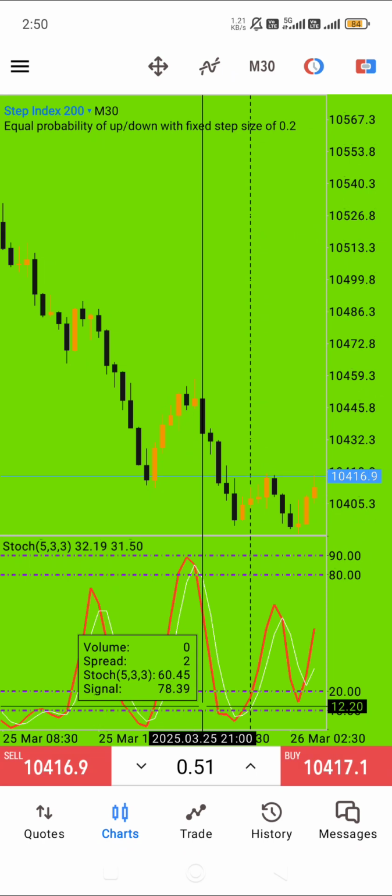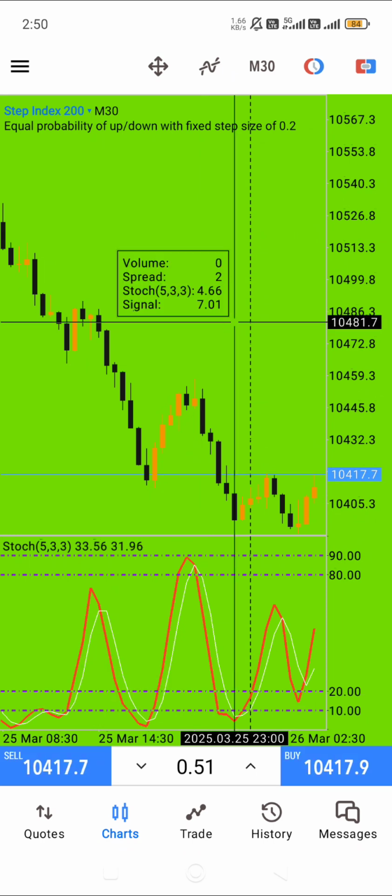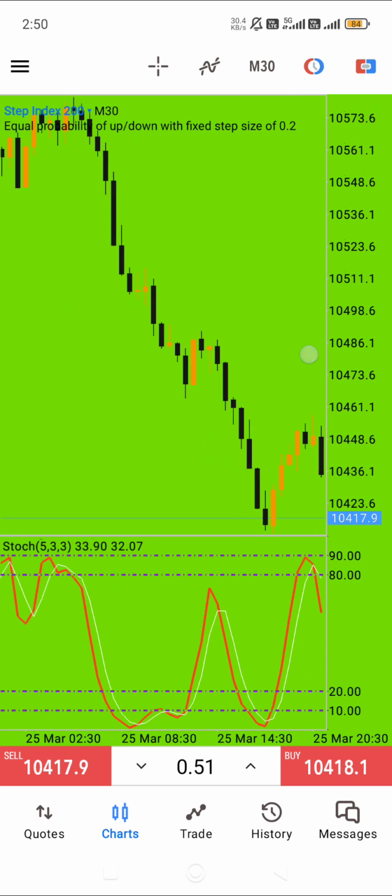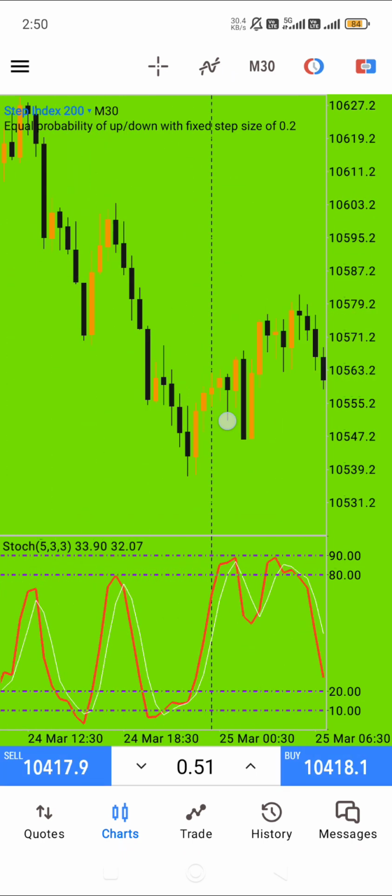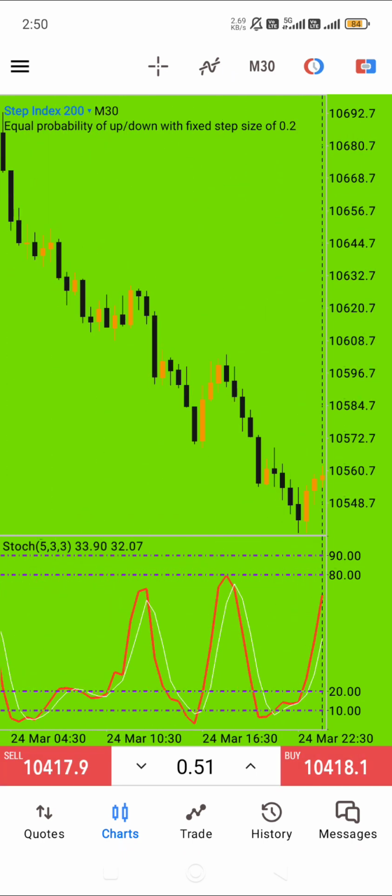Same thing is happening here, but you check when the market crosses 80 and 90 below the 80 level, then the market will be in bearish mood. As 10 and 20 both lines cross both lines and go above 20, that means the market will go bullish trend. These are simple things to remember, you can trade here.